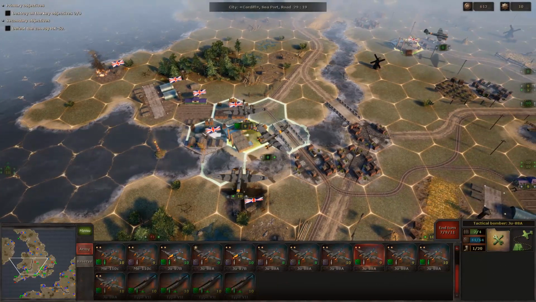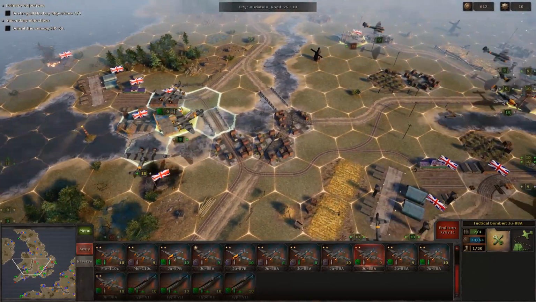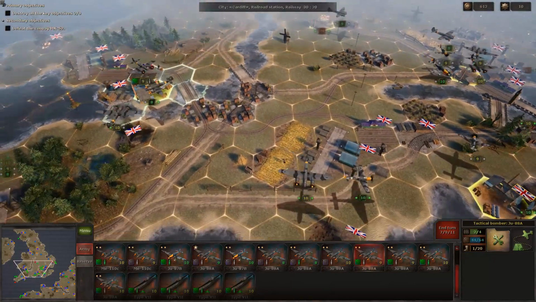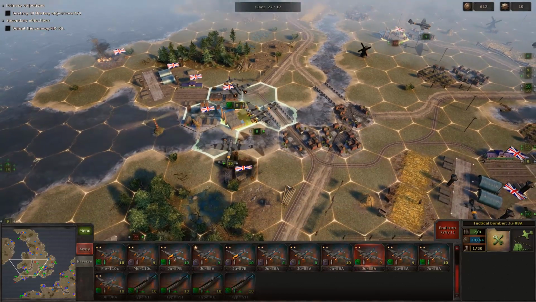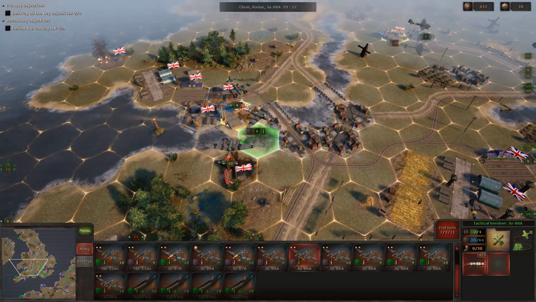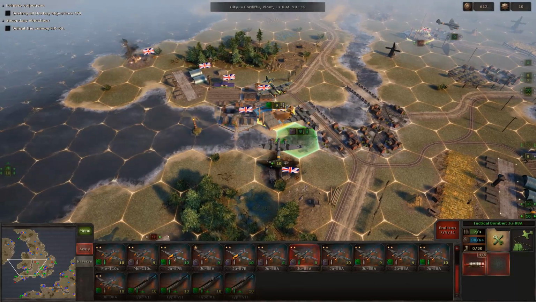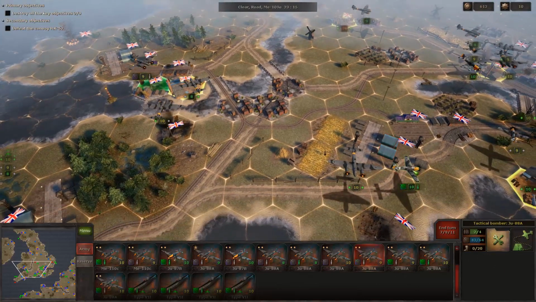So there are multiple ways I can approach this. I need a fighter in there in some way. I guess moving here is the best approach, because that way...